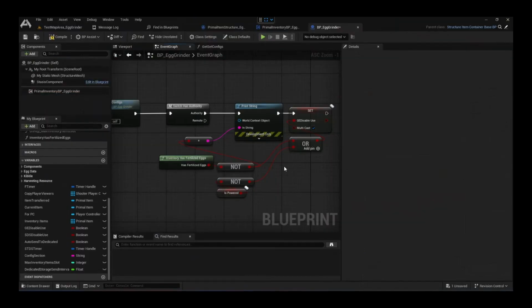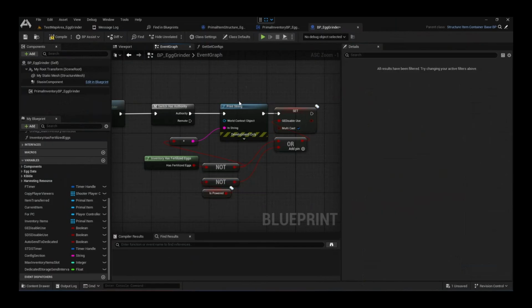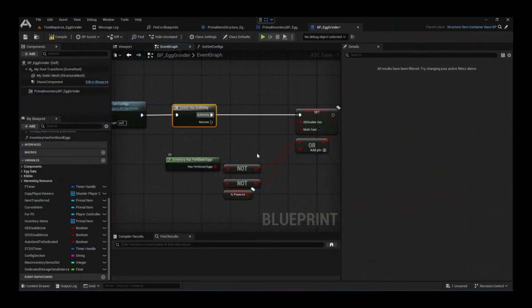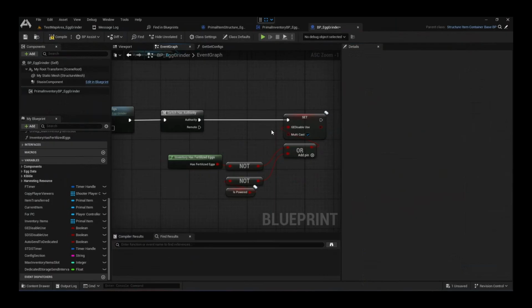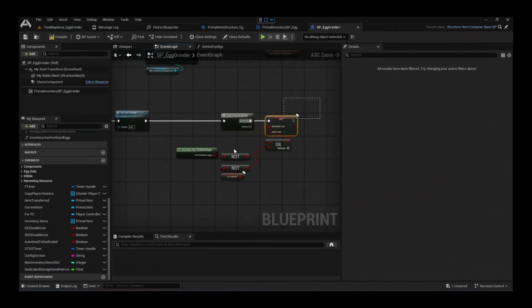Okay, so going back to the code, I just placed it recently, put something there, but we can just remove it. Authority is just on the server. Is multi-use, I think multi-use runs on, I don't think I need this, to be honest. But I'm using multicast, so it will send it to everything, right? So just making sure that you just run. So we can just put a comment,